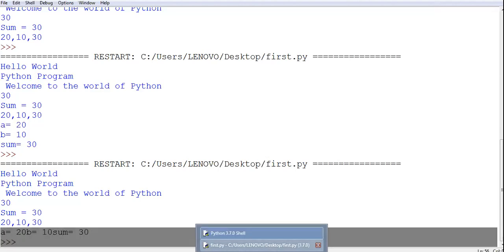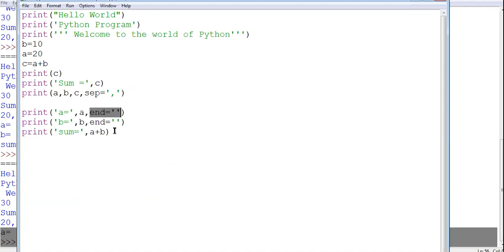So there are two additional parameters with the print statement. One is sep. This parameter is used when you have to print multiple values within a single print statement. There is another parameter called end. This is used by Python to decide what follows the statement after the execution of a line. So I think the print function is clear to you.